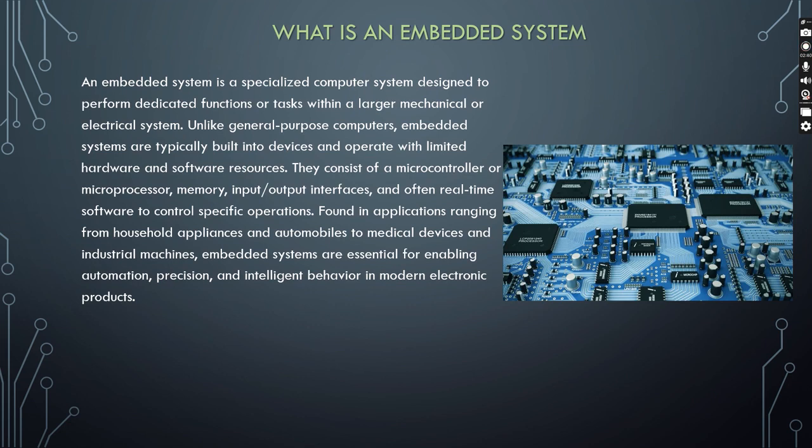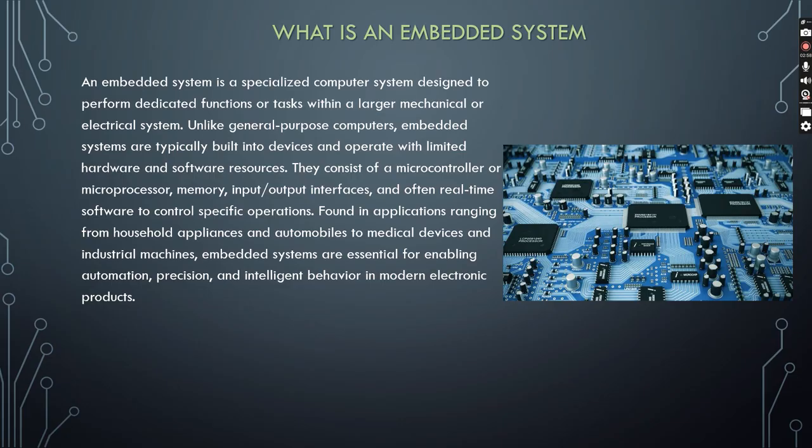What is an embedded system? An embedded system is a combination of hardware and software used to perform specific tasks. An embedded system is a specialized computer system designed to perform dedicated functions or tasks within a larger mechanical or